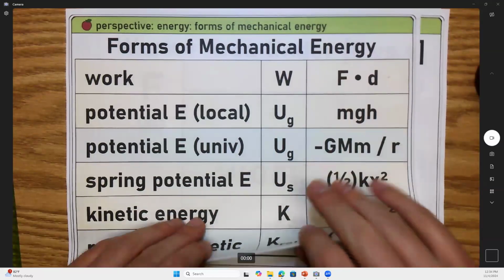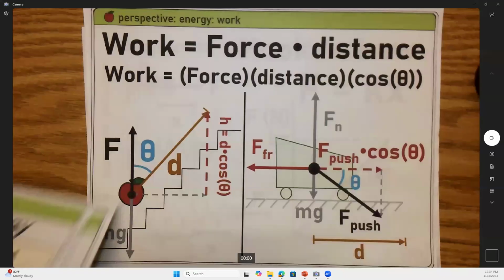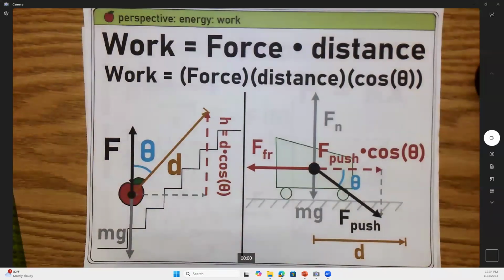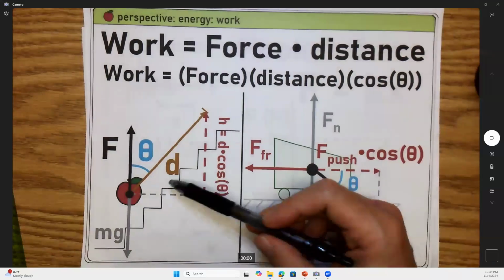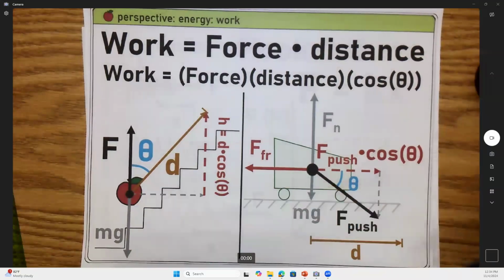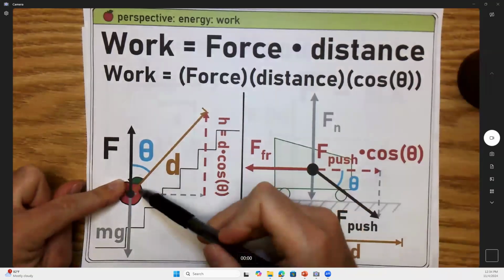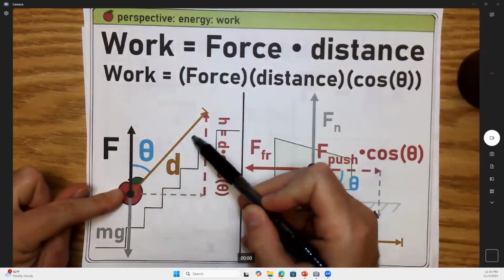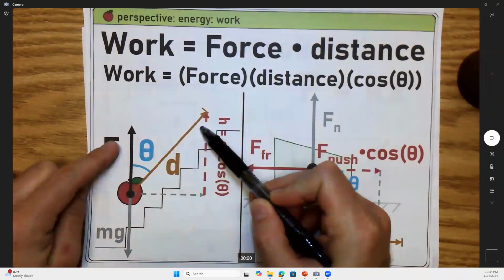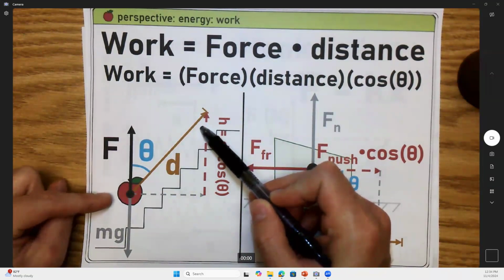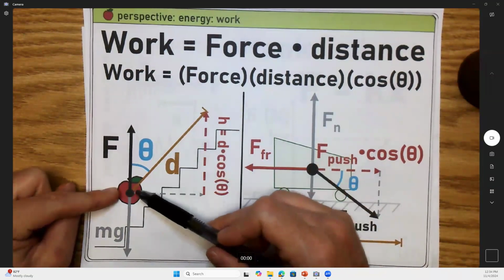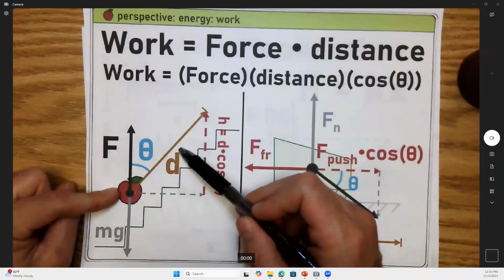You guys ready for the next poster? Now, this one looks kind of complex at a glance, but let me break this down. This is going to make sense. Let's take this object right here. It's like 1 kilogram. I'm going to walk it up some stairs. Now, the lifting force I have to apply is against its own weight, so that's a force straight upwards. So this is like 10 newtons, right? But look at the distance that I'm moving it. It's this diagonal. You see this diagonal?